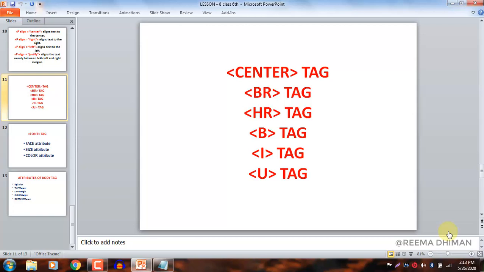It splits the line and displays the text on a new line. It is like the enter key on the keyboard, which takes the cursor to the next line towards the left margin on the screen.